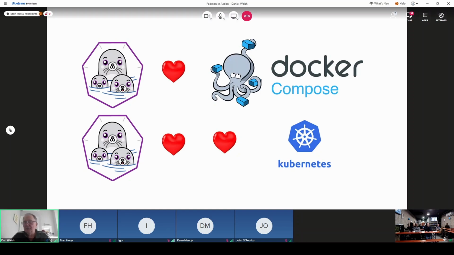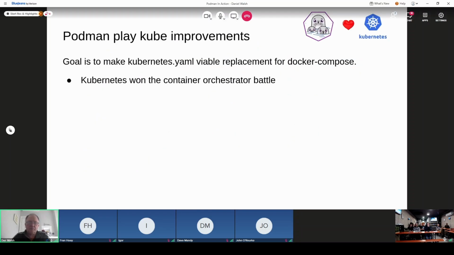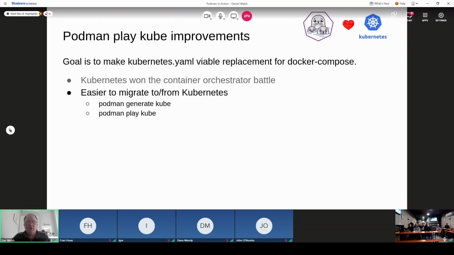So Podman fully supports running Kubernetes YAML files both locally and, obviously, you can run Kubernetes YAMLs inside of Kubernetes or inside of OpenShift. Podman will actually even generate Kubernetes YAML, so you can go from standard containers on a Linux box to create the Kubernetes YAML files directly from your locally running systems. This shows the command, so you can do a Podman generate kube, which will take your container or a pod you have running locally, and will output all the Kubernetes content that you would need to run